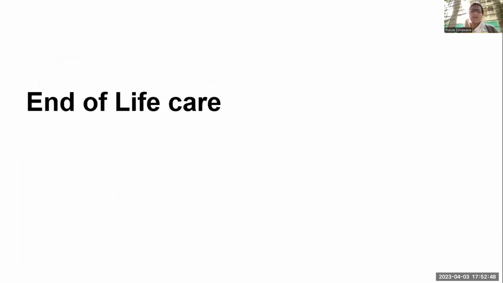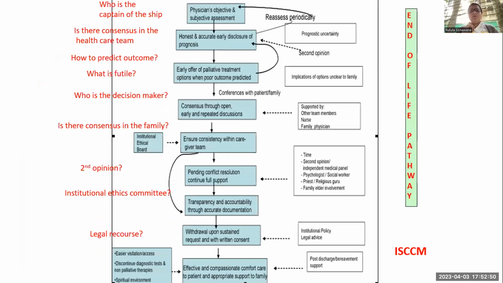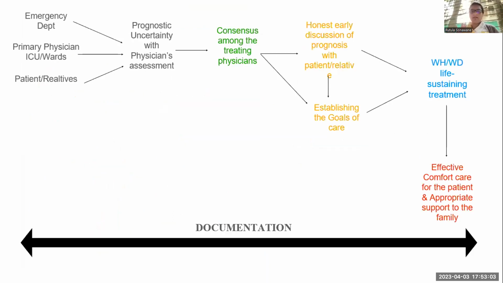End of life care. Next slide, please. So this was the initial Indian Society of Critical Care Medicine pathway about how end of life care should be. Simplified version, next slide, please, is basically whenever a patient comes to you with a prognostic uncertainty,